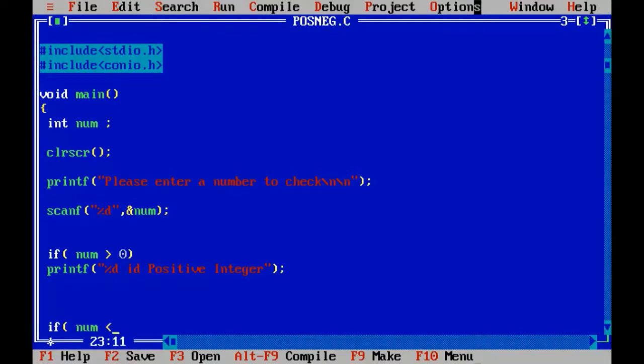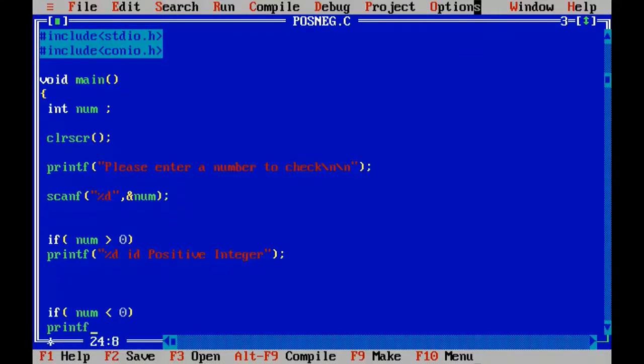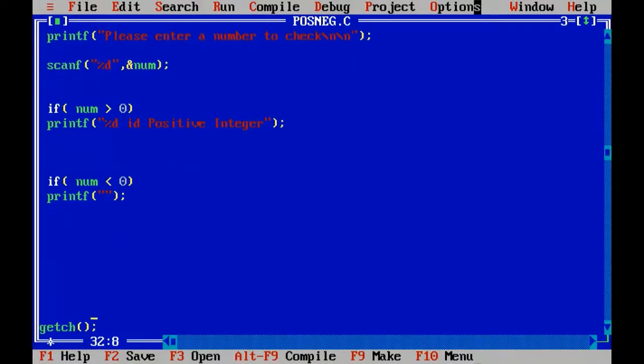If num is less than 0, printf %d is negative integer, right? So here I should have the variable num here as well.